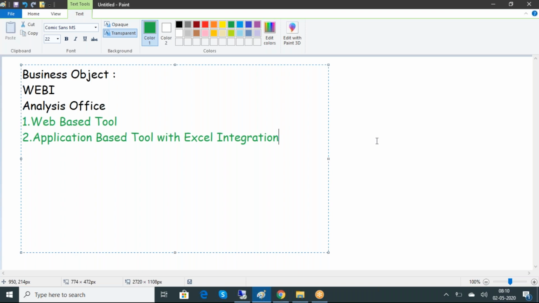So we already started, and we'll see how this connection will happen. Whereas this web tool will support a resource for the maximum of SAP BW systems and SAP HANA systems. Okay, because these two belong to OLAP data, so the data will be OLAP. If it is OLAP data, in that case, you can generate the report in this analysis office. So let's log into the system.